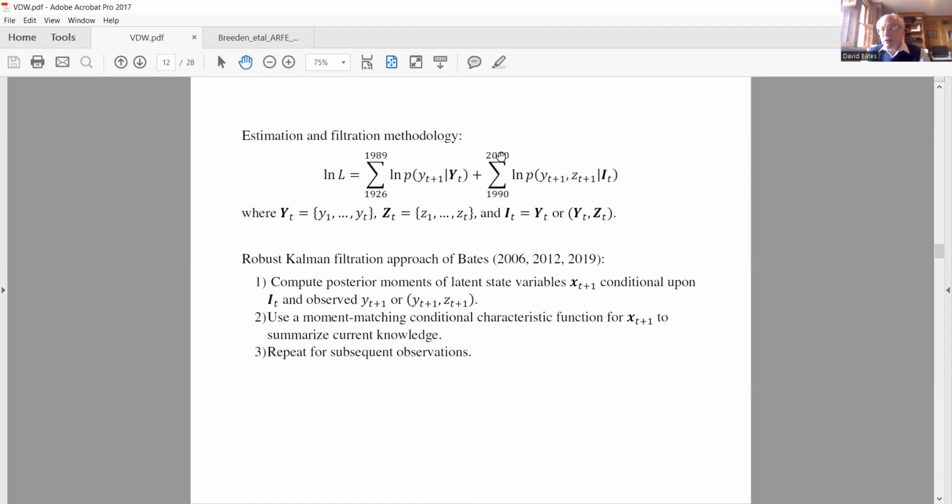But over 1990 to 2010, I'll be looking at the joint distribution of stock market excess returns and VIX conditional on past information, where past information either includes the past history of stock market returns and or the past history of the VIX, basically. Obviously, I can't use the past history of the VIX until I get up past